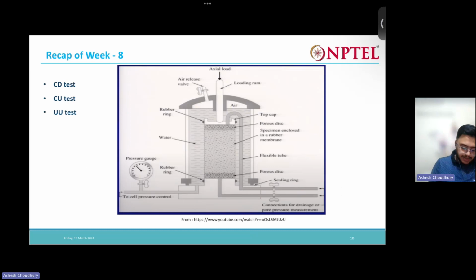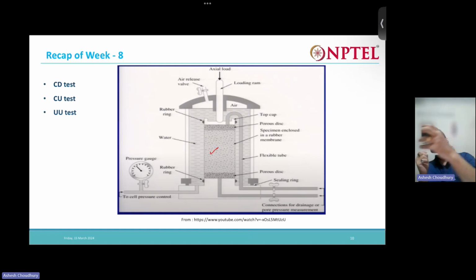Here you can see the sample is kept here. When you do these tests in your geotechnical lab classes, it will be clearer to you, because it is very difficult to explain here. So I will just go through a bit so that it's easier when you do the test. We have a cylindrical soil sample, and we put a rubber membrane around it. At the top and bottom of the soil sample, we put some